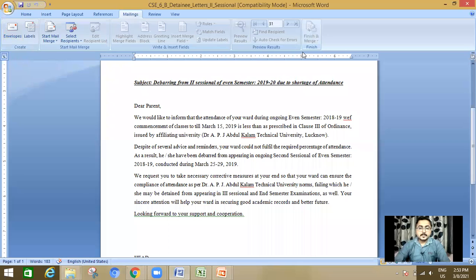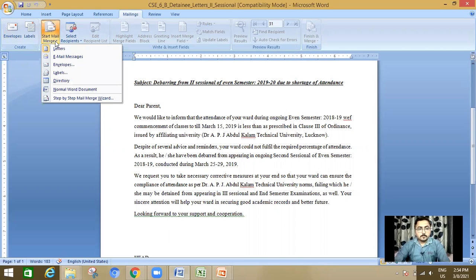As I start my mail merge, these steps are activated one by one. Other than this, you can click on Start Mail Merge. From that, you have to click a step-by-step mail merge wizard. Okay?